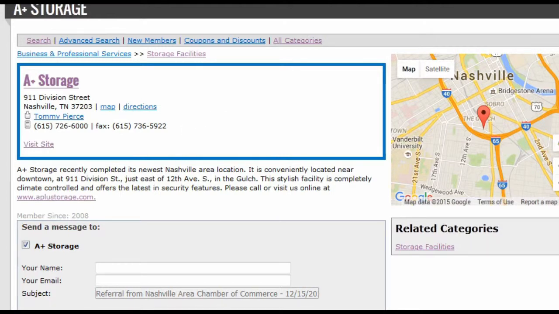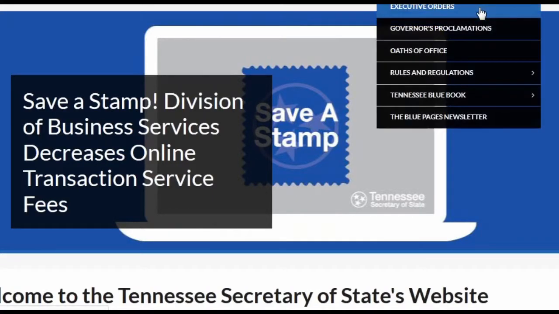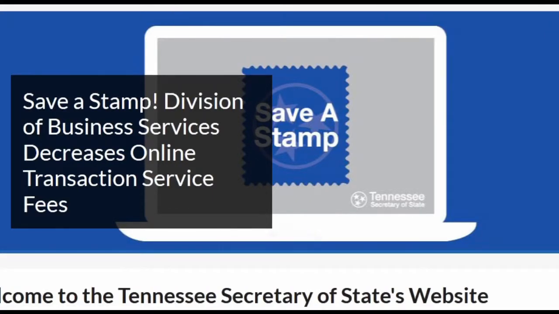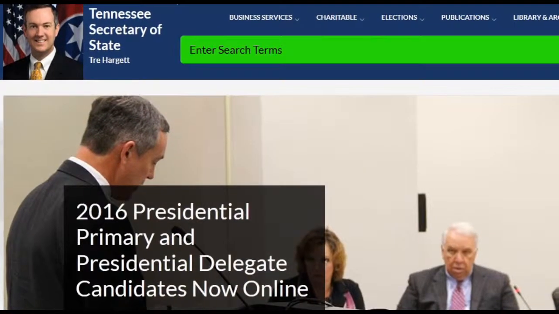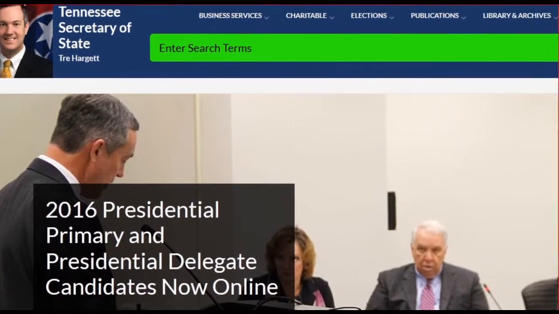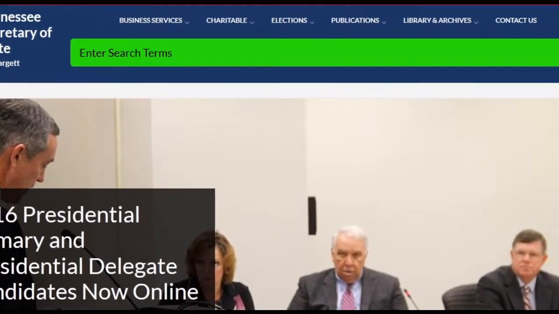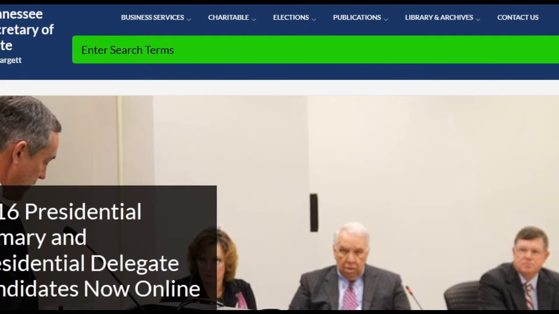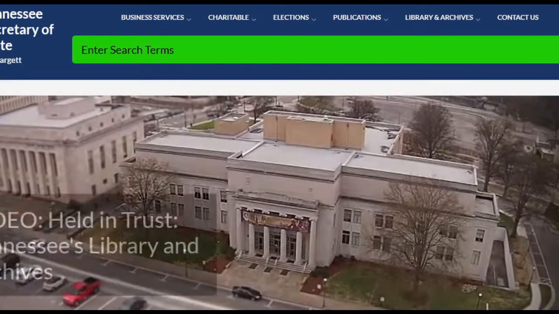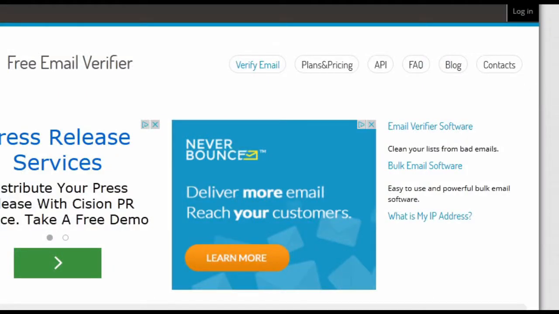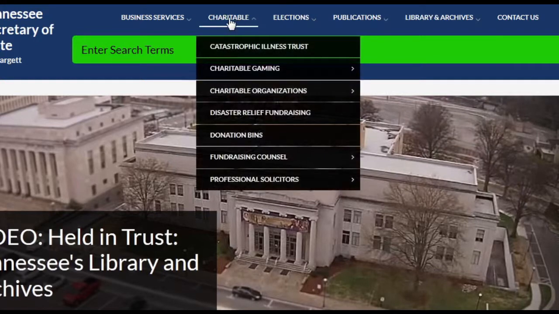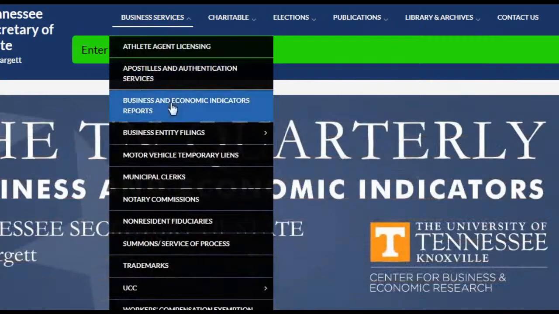Let's say, for instance, maybe we didn't find it here. We want to look again somewhere else. Another place you can look is on the Secretary of State's website. Okay? In this case, it's in Tennessee, so we'd be looking in Tennessee, of course. And then when you get on the Secretary of State's website, you want to find the page where you can search for business entities. Okay? So find that page, business services,